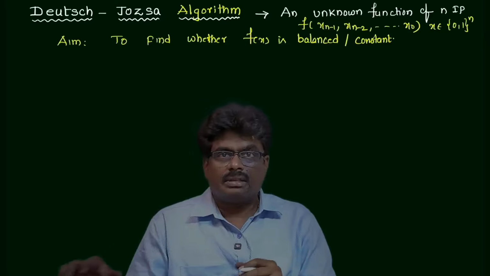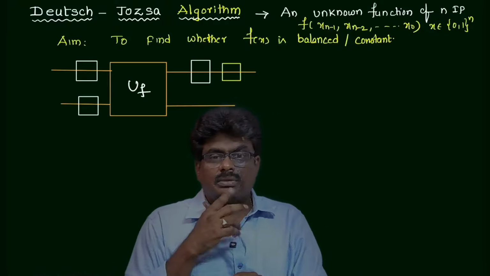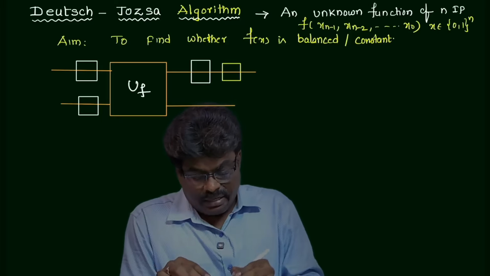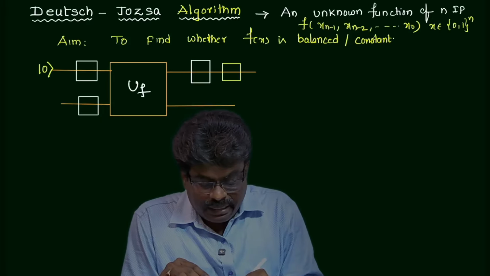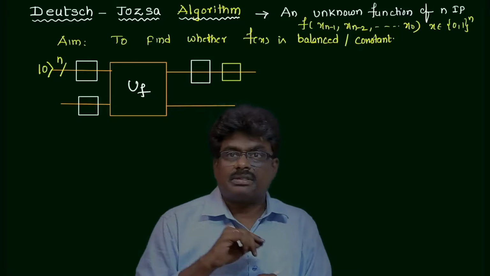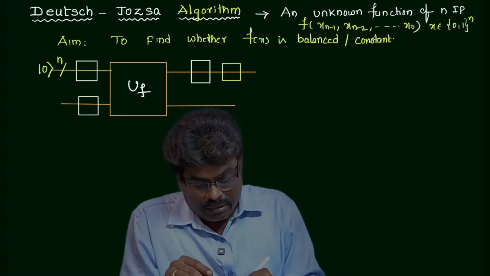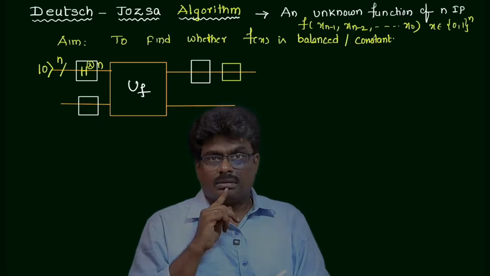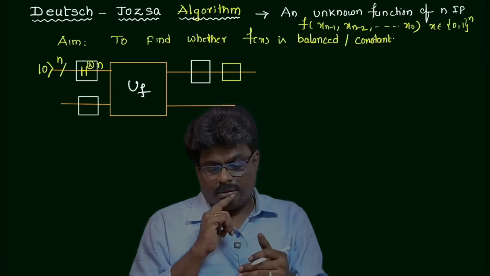Now let me take the quantum circuit corresponding to this DJ algorithm. Right. So this is the quantum circuit corresponding to this DJ algorithm. So let us suppose here we have n number of inputs. To indicate that, here I am taking just a notation like this. That means we have n number of parallel inputs of zeros. And on that n number of inputs, here we have Hadamard gates. Here also let us take n. That means n number of Hadamard operators are operating in parallel on these inputs,